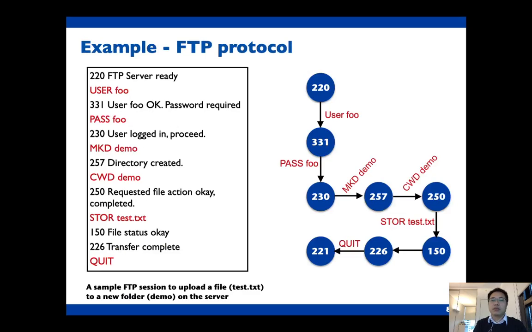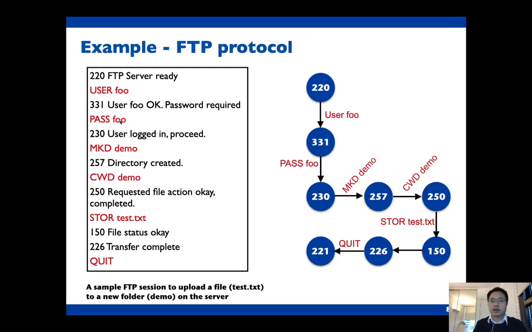I'm using the same FTP example from before to explain how AFLNet dynamically constructs the state machine of the server under test. A state machine is a graph in which nodes represent the program states, and the edges show the transitions between the states. AFLNet uses the server response code as the state identification. As you see, for each server response, we have the first number here as the response code, which shows the current state of the server.